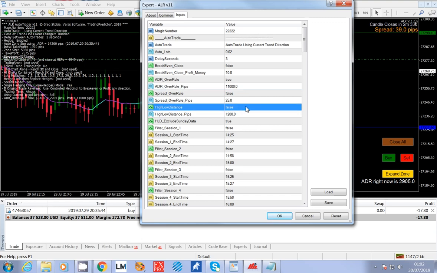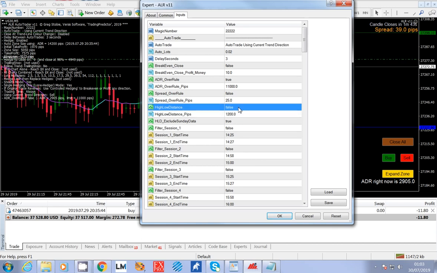High-low distance is based on the ADR for the day, the average daily range. Every day has a range that the price will go to. We can read that from the markets, and we can use that information to help with this feature. We know that the price will go to a certain high position or a certain low position for the day, which is great information to be able to read, and it's coded into the ALR. It reads this and can determine from that data the maximum or minimum position that the price will ever go to, which helps us greatly, because we can then put a number in here